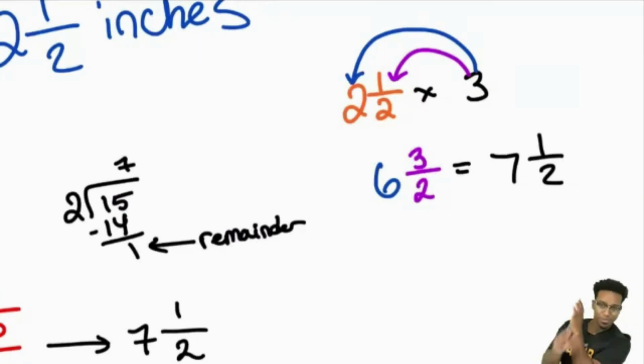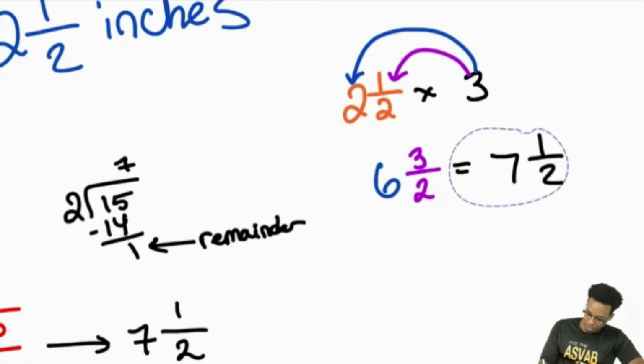Okay, I got you. So what I did was I just split it up into the 2.5. 3 times 2 is 6. 3 times half is 3 halves. So from there, I noticed that I could change this part into a mixed number. So let me go ahead and show you here. Move that down here for a moment,